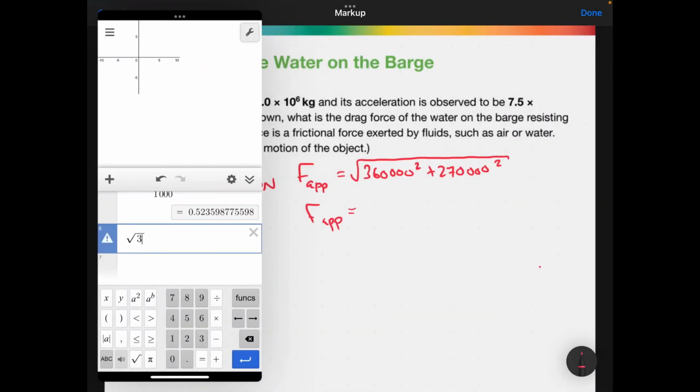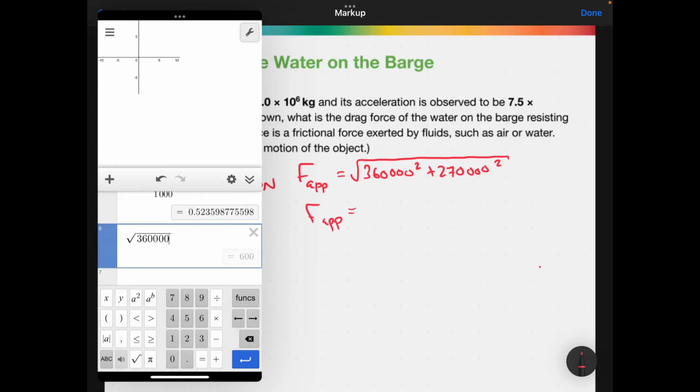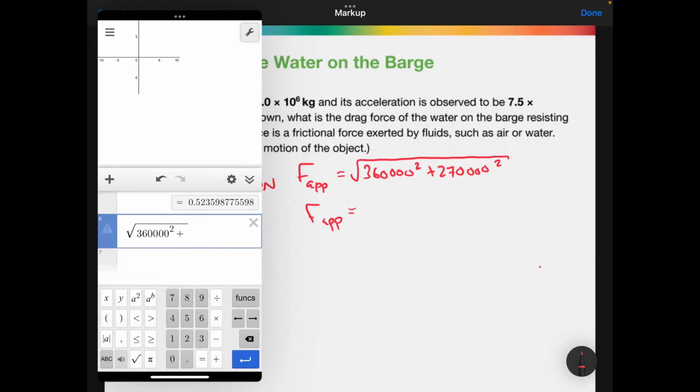So we get the square root of 360,000 squared plus 270,000 squared. Can't forget that. And there we go, 450,000